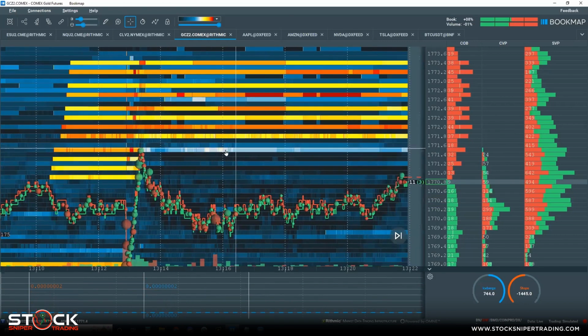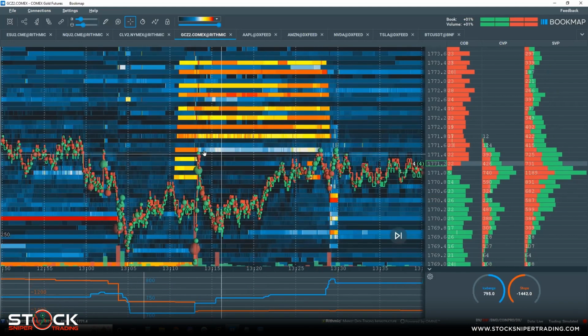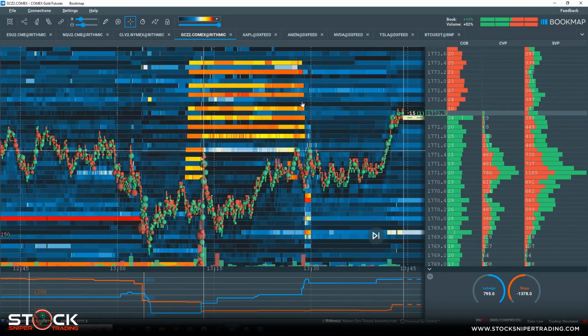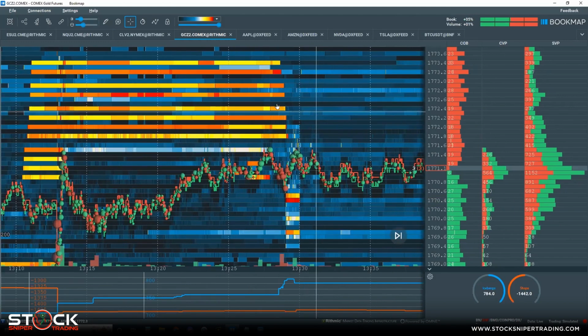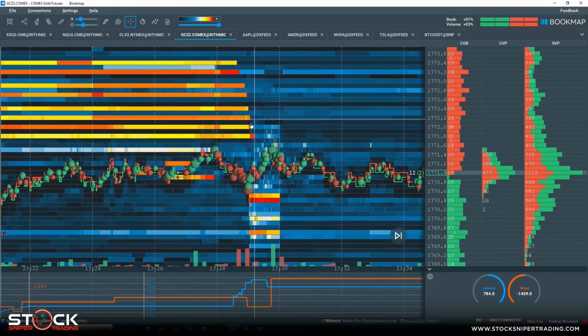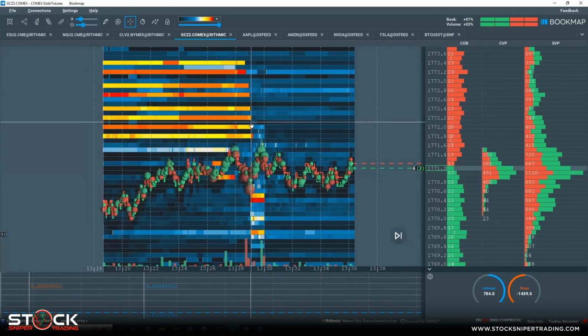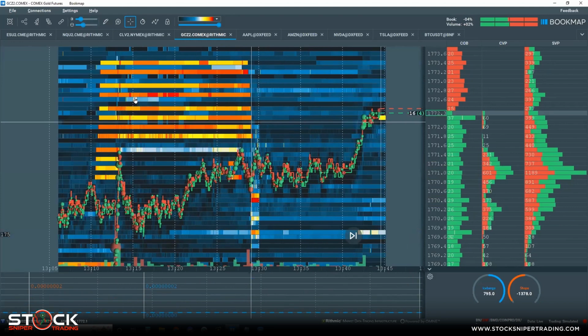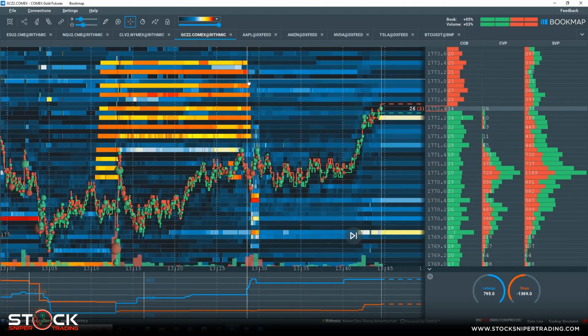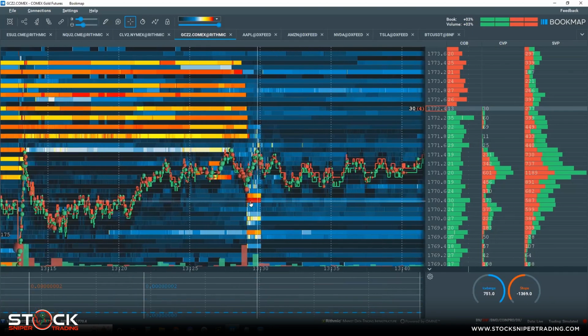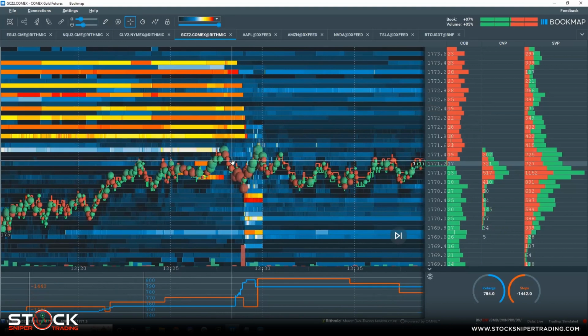So is it a spoof? Well, it certainly looks like it, but they got partially filled. So legally, maybe they can get around that. Now look what they did. And, you know, boy, it makes me very suspicious. It's got to be the same player, because as soon as they pulled these levels of high liquidity on the offer, now they're adding on the bid. Okay, now